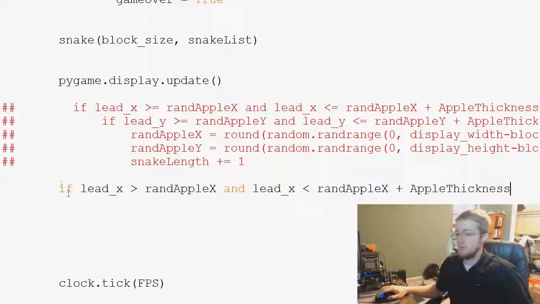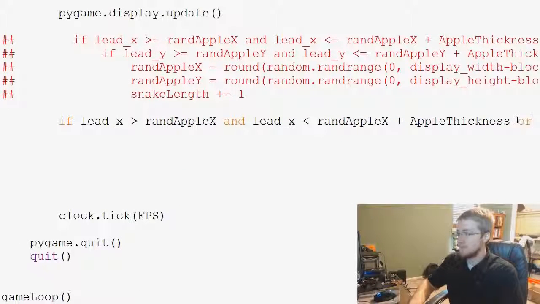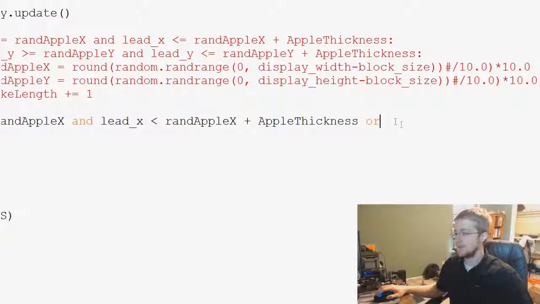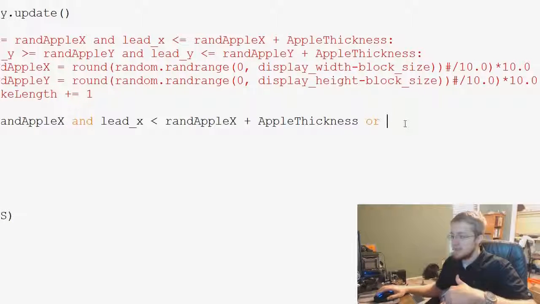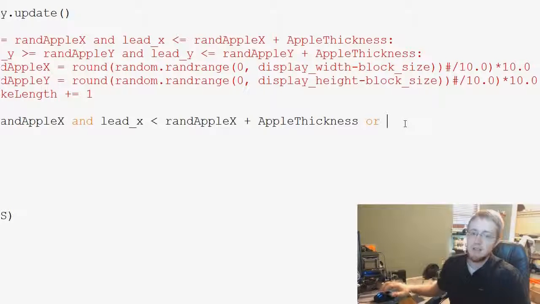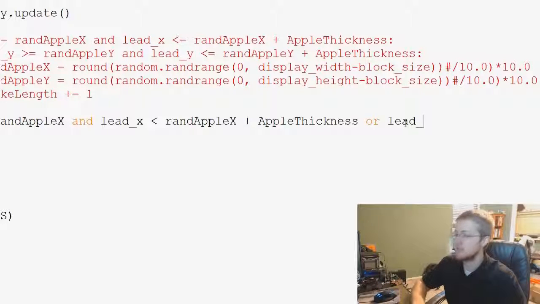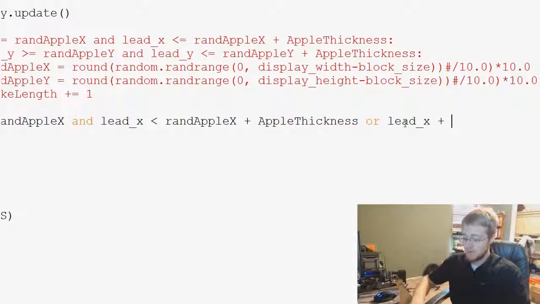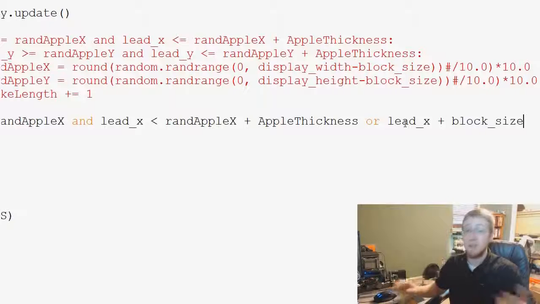This line you should already have. I'm going to now append an or here, and we're going to keep coding. It's going to go right off the screen, so I'm going to move over a little bit. We've got or, and now the question is if the other side of the snake is grazing the apple. So this would be or lead underscore x plus, and how do we get the other side? Well, just like we got the other side of the apple, the other side of the snake edge is just lead x plus block size,